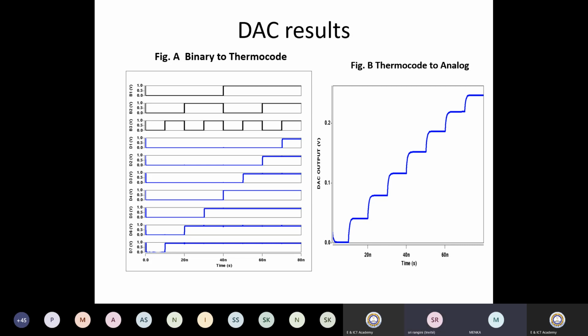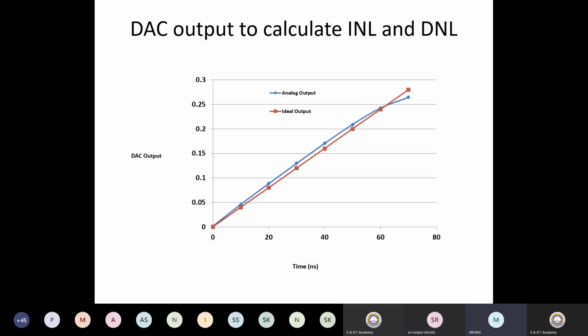And the equivalent thermometer code to analog conversion is shown in figure number B over here. Fine. So what we are going to do in thermometer to analog conversion, we are going to just sum up all these currents, right? So 0, then 1, then second level, third level, up to 7th level will go. Fine. Any query in these results? No? Sir, next slide please. If there is any query, I am seeing the chat box continuously, so you can type it over here. Yeah, slide number 7, sir.